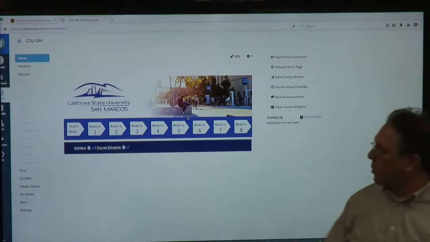They're also in Canvas. They're also using one of our templates. It's a different looking template than the one we're presenting to you today. It's a little bit older, but you can see they've got their school logo with a banner. They've got their entry points for the different modules, and then an area for their syllabus and their course schedule